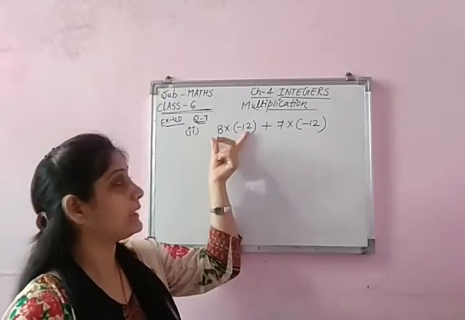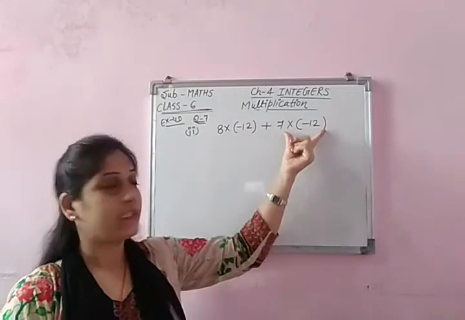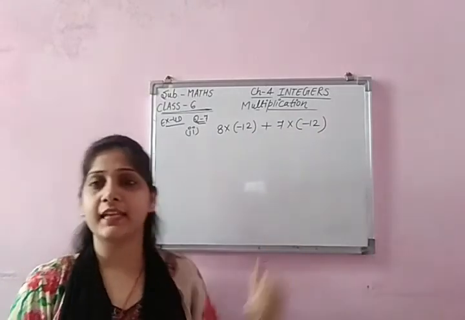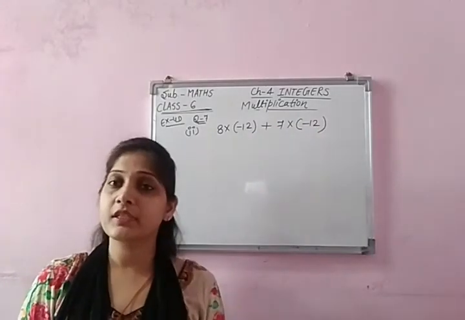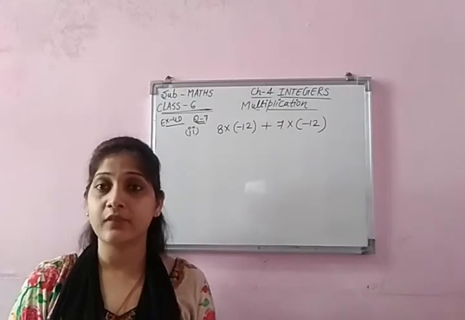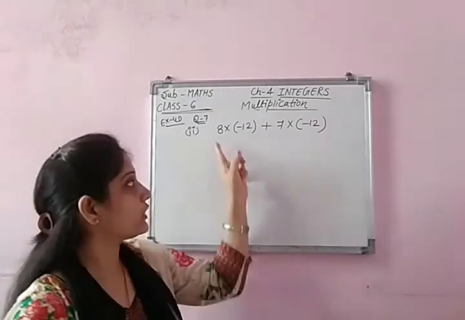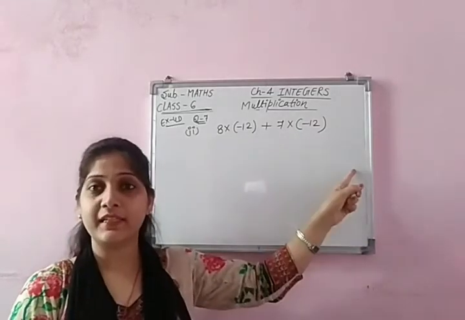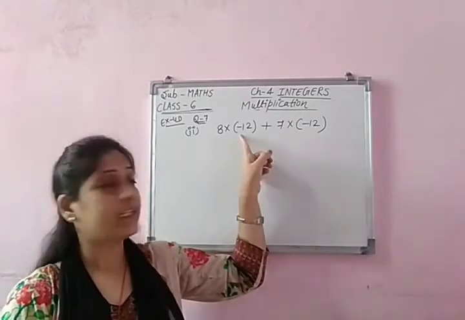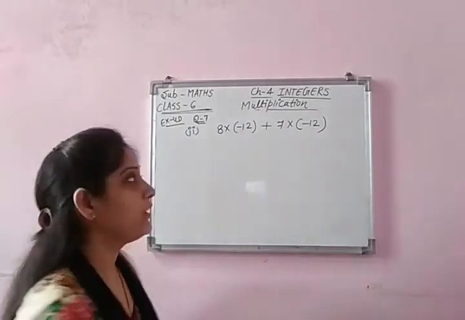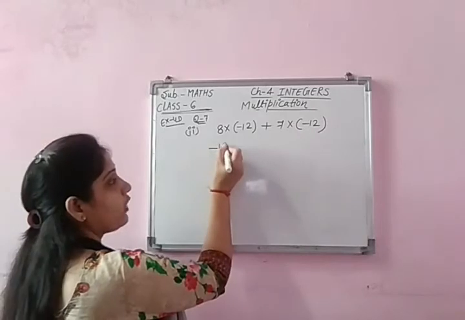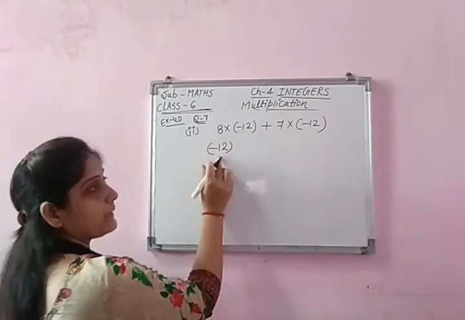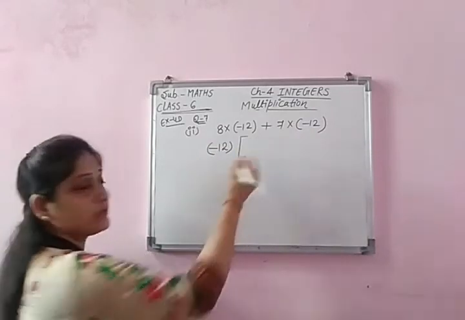Like if you are multiplying this, then you are multiplying this one and then add. It takes a lot of time. So use distributive law. For this, check which number is repeating. So can you see any number repeating in this? Yes, negative 12 comes 2 times. So take it as common. Common means write it a single time outside the bracket and use a big bracket.